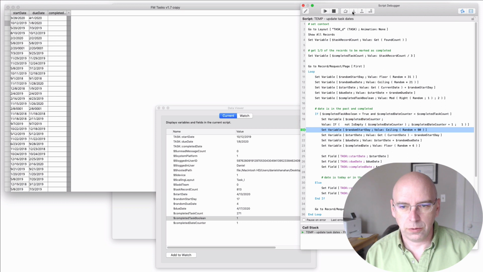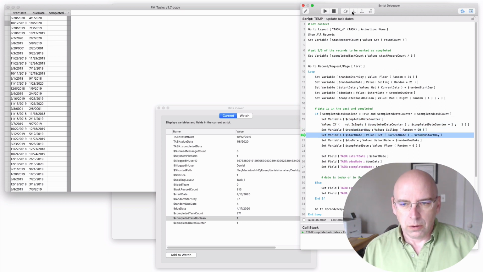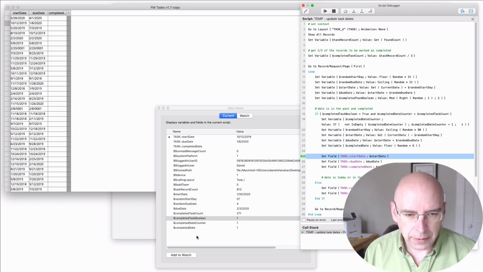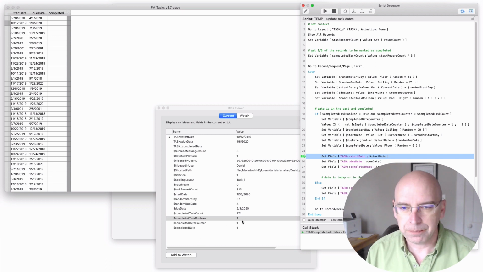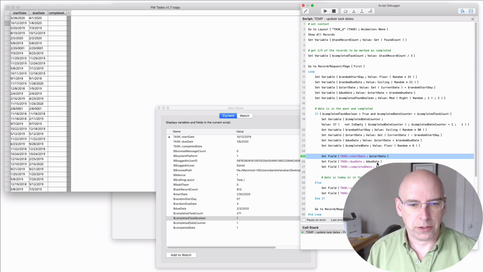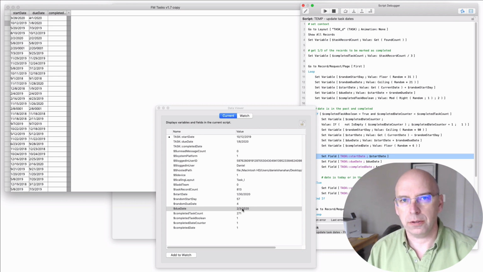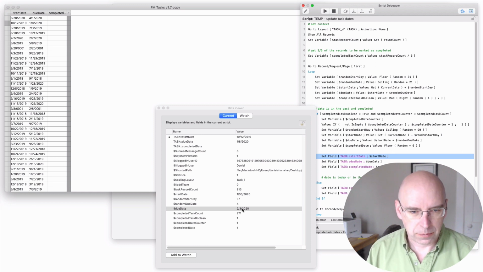So let's continue through here. And now we are resetting these variables. And this is why I do these variables up here and instead of in the set field calculation, because I want to read them before I proceed. So here I'm going to do now my start date, it's different. It's in the past, January 30th. That's right. And the due date is February 3rd. The due date is still after the start date. That's good. And the completed date